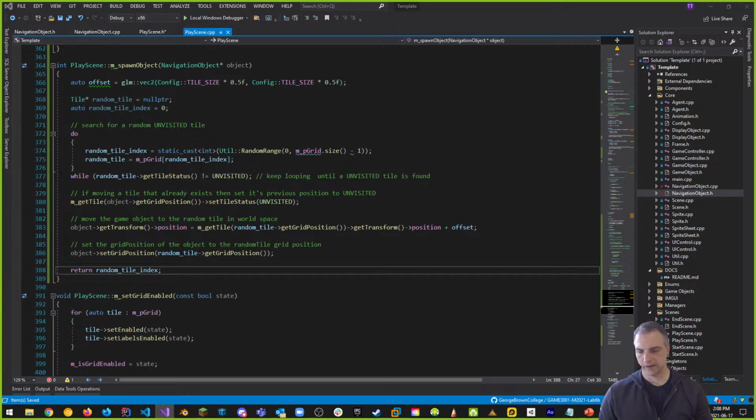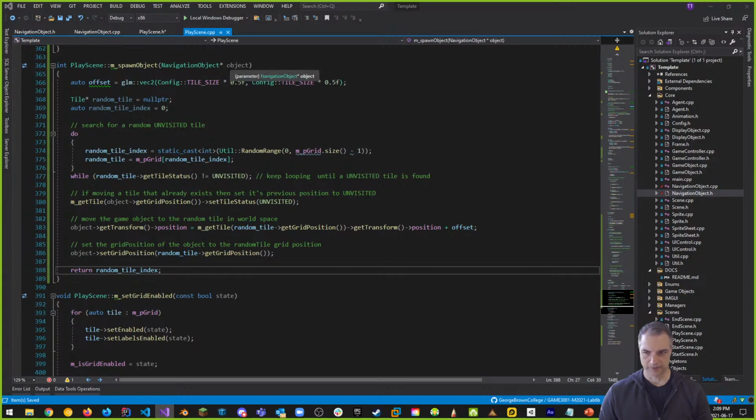Find an unvisited tile. And then wherever I was, if this object already exists, if it's not null for some reason, or if I don't have a grid position, if my grid position doesn't exist, as an example, there's got to be a way of checking this,